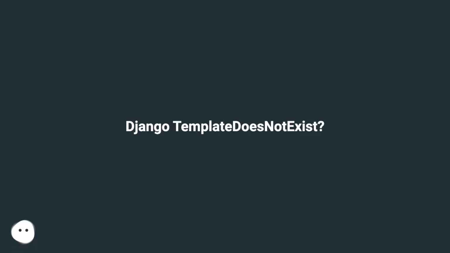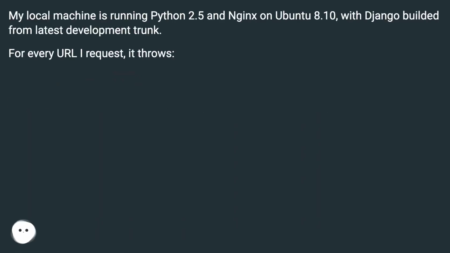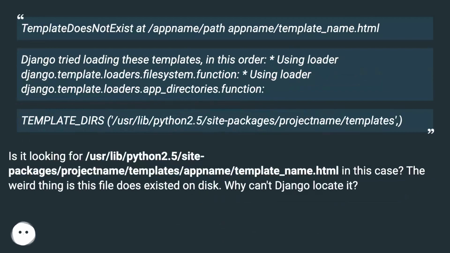Django TemplateDoesNotExist? My local machine is running Python 2.5 and Django on Ubuntu 8.10, with Django built from the latest development trunk. For every URL I request, it throws TemplateDoesNotExist at /appname/path_appname/template_name.html. Django tried loading these templates in this order: using loader